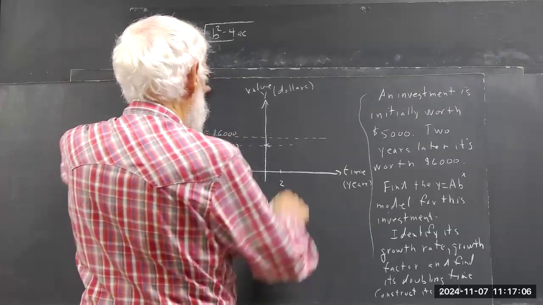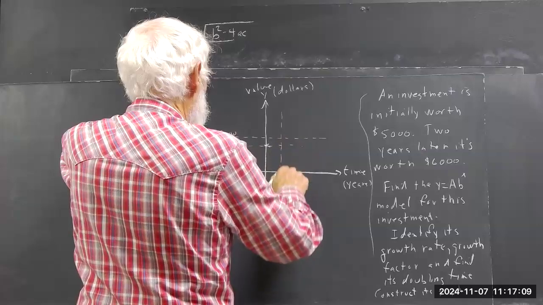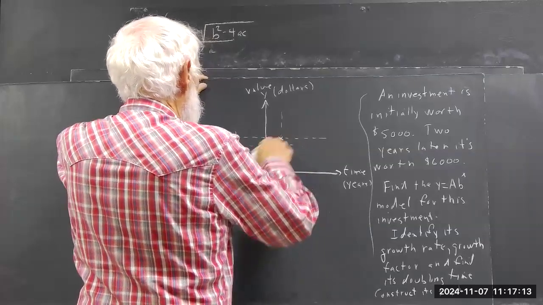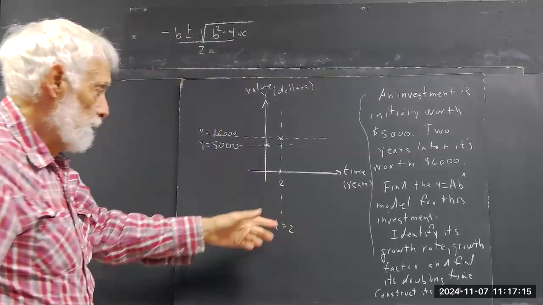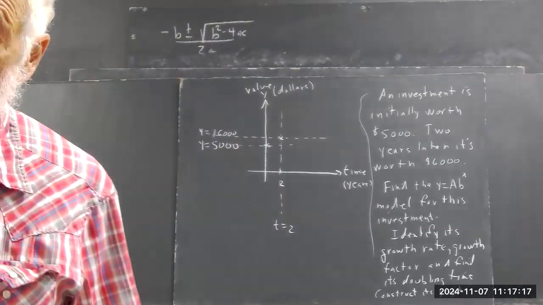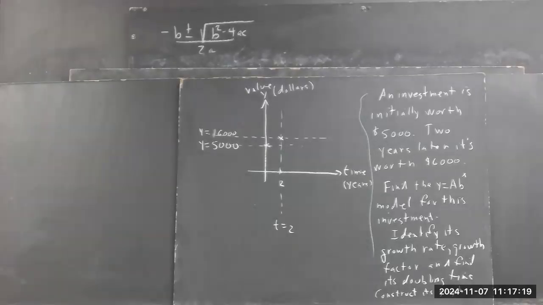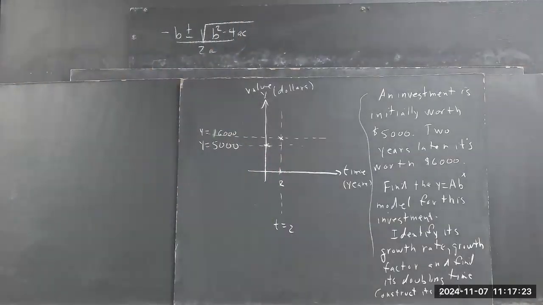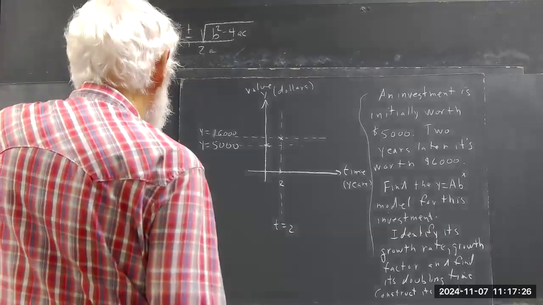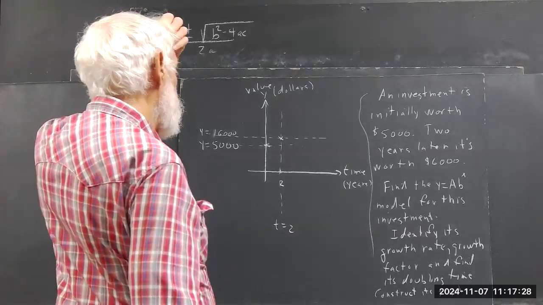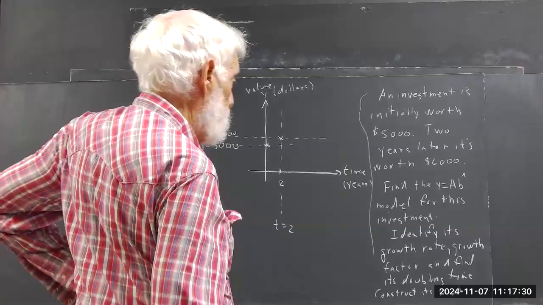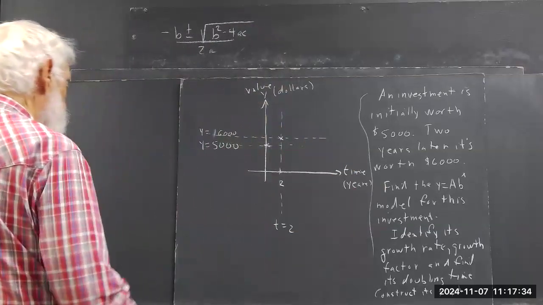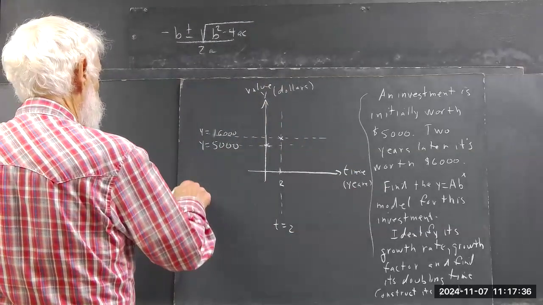Y equals 6,000 on this line. T equals 2 on this line. And I really do recommend that you go to the trouble to draw these dotted lines and label. So the question is, how long is it going to take this thing to double? Well, that's one of the questions. First, you want to find a model for the investment. Okay, so